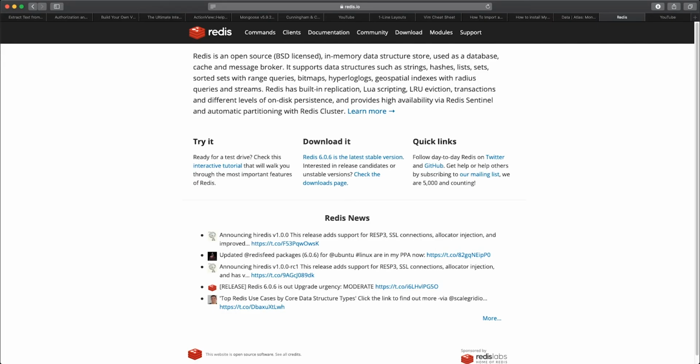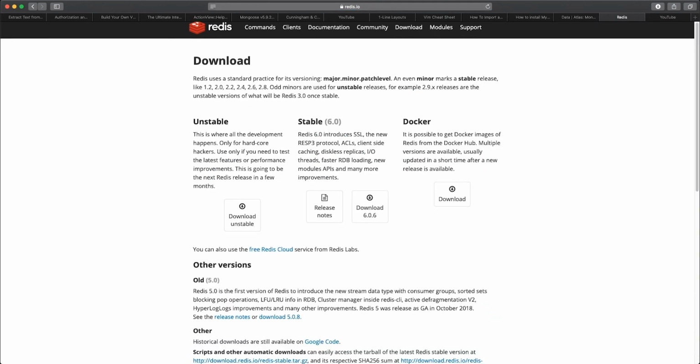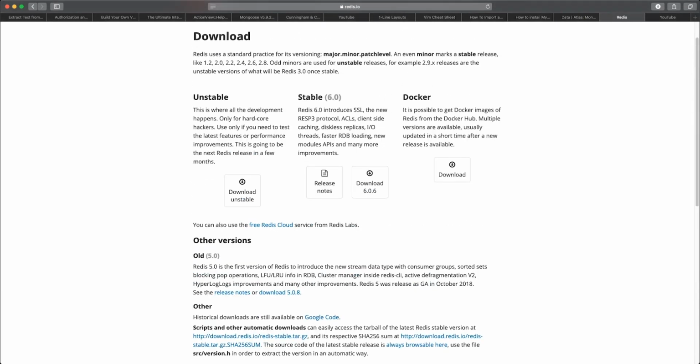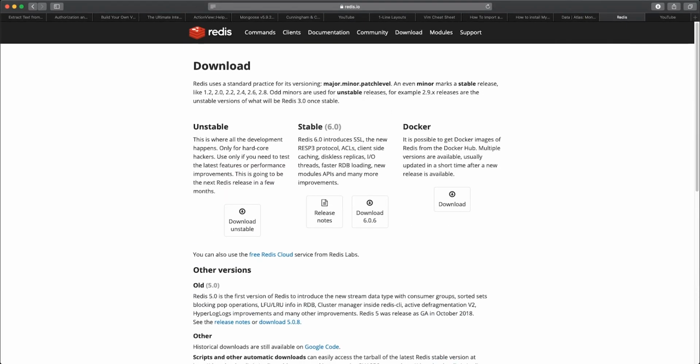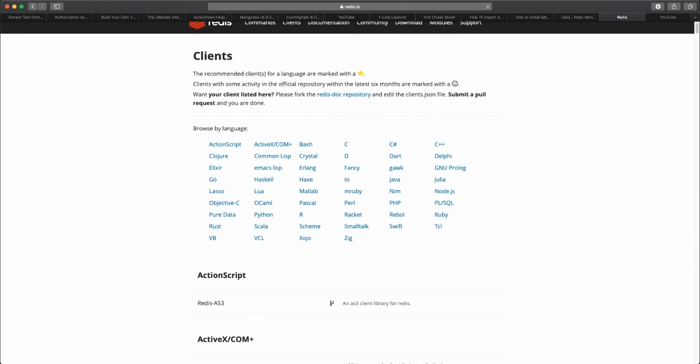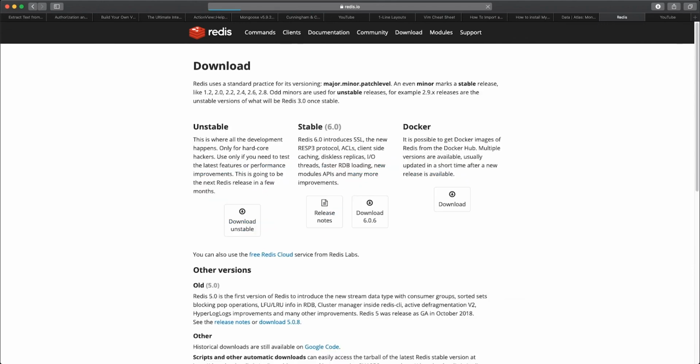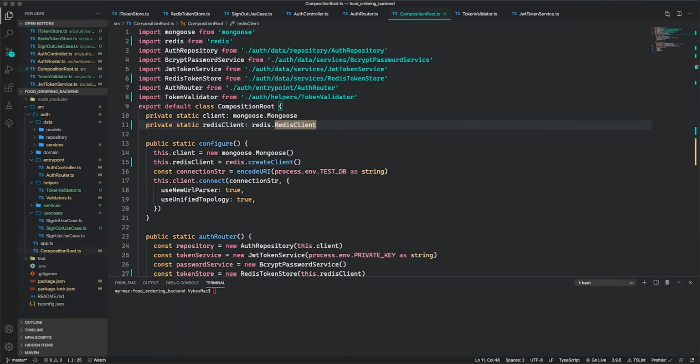If you are not using a Mac, you can go to redis.io. You can go to the download section and you can download the one that is related to your operating system. So you can go here and figure out how to download it and install it on your particular system. But once you have it installed, then we should be okay to go ahead and run our server